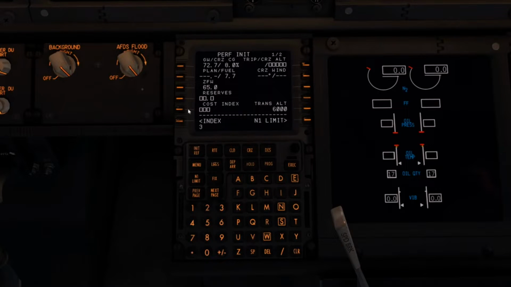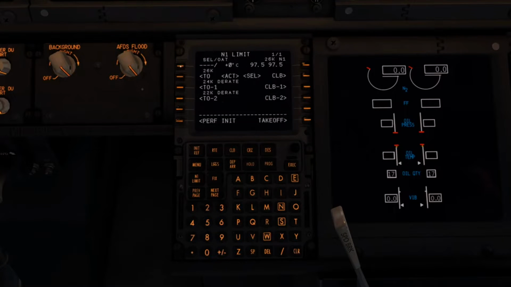We'll get our rates. We've got reserves of 3, cost index of 55. We've got 310 on our ISA. Let's get our winds up and everything. So on our ISA 235019. We can go into our winds, and we've got minus 51. There we go. Okay, so we go to our N1 limit, take full takeoff, go climb 1,